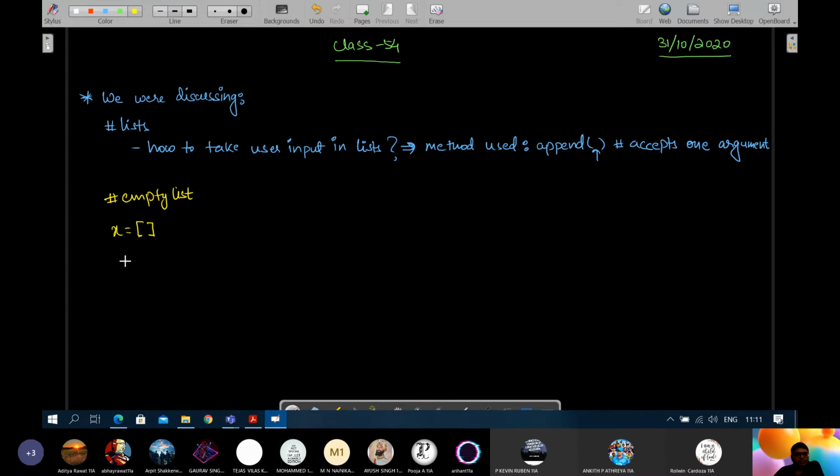Now let's say you want to accept 5 inputs or 10 inputs or 8 inputs, जितना भी inputs लेना है. So you can do one thing. You can ask from the user how many inputs the user is going to give.